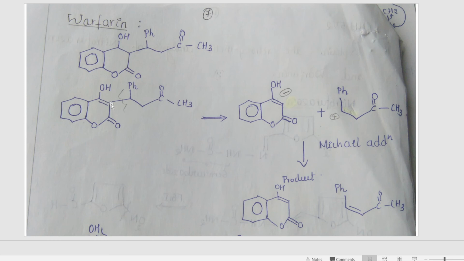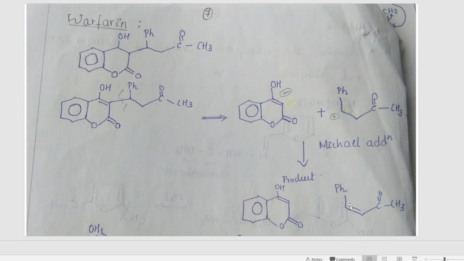So we see that this carbon here gets a minus charge and the carbon here will get a plus charge on itself. In order to get the synthetic equivalent for these two synthons, we just added one hydrogen because there is a minus charge here. You can add one H plus. So this is a synthetic equivalent for this one. What about this here? Because there's a plus charge here, there can be a double bond formation between this carbon and this carbon. So this is a synthetic equivalent for this synthon.